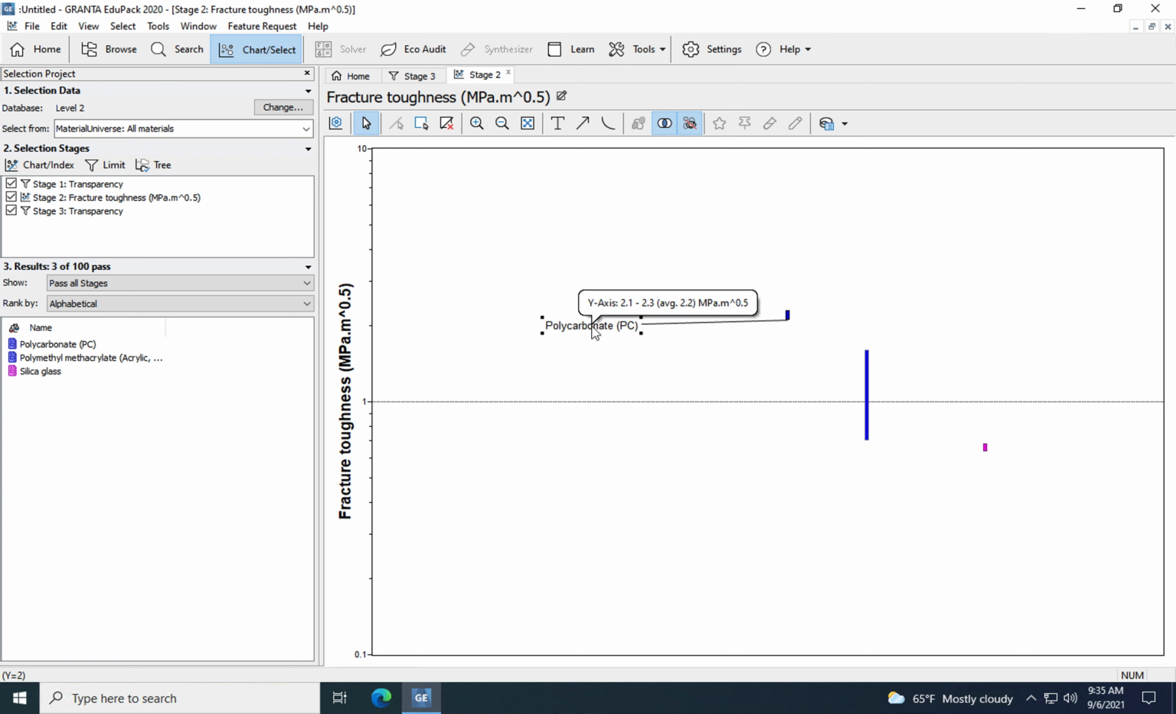And so there's my polycarbonate, polymethyl methacrylate, and silica glass, and now I have a ranking. Now I can see that of the ones that are optical quality, polycarbonate is going to give me the highest fracture toughness, and so that would be a good choice. We might have to bring in cost and other things into it. And also we could put in the